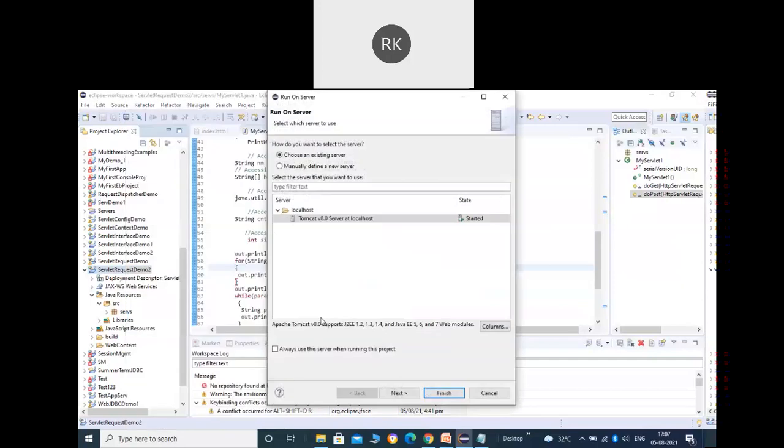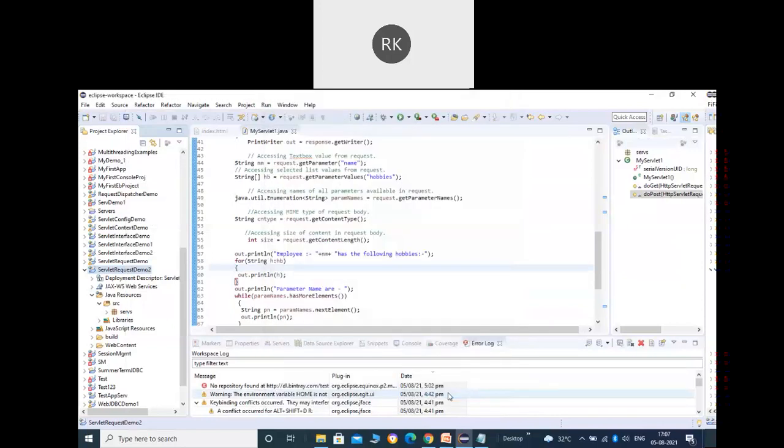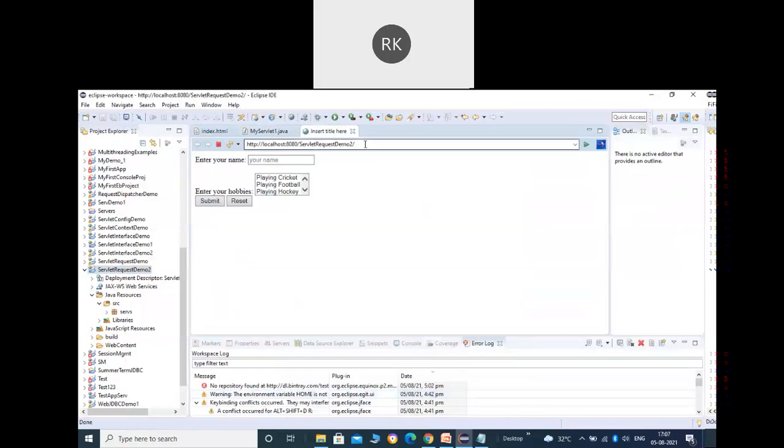Now we are going to run it. But first, let me know if anyone has any doubt in the code. Okay, so now let's try to run it. Run as the server.